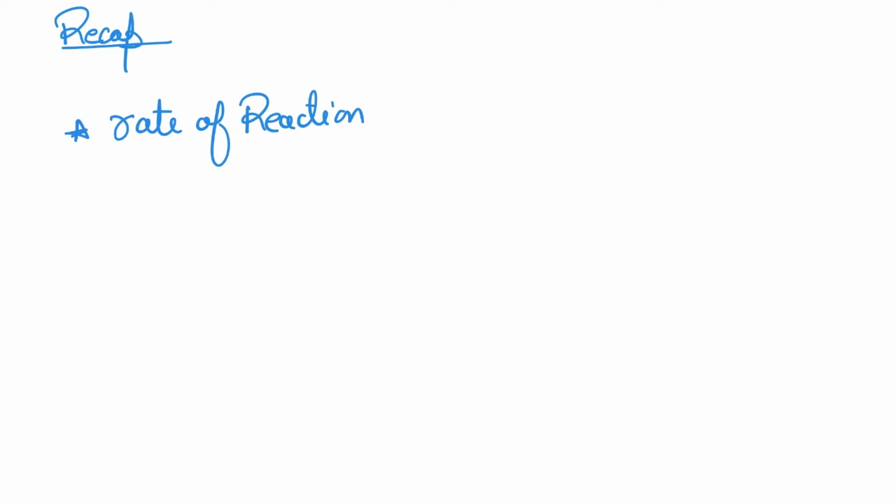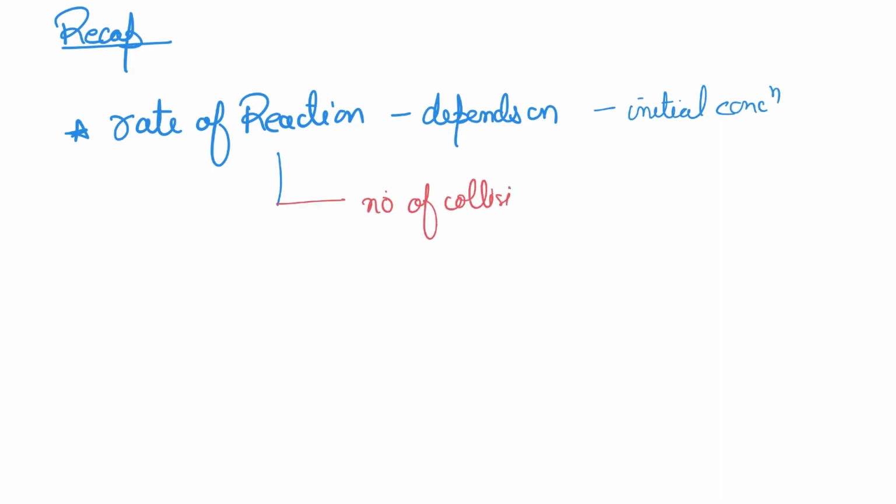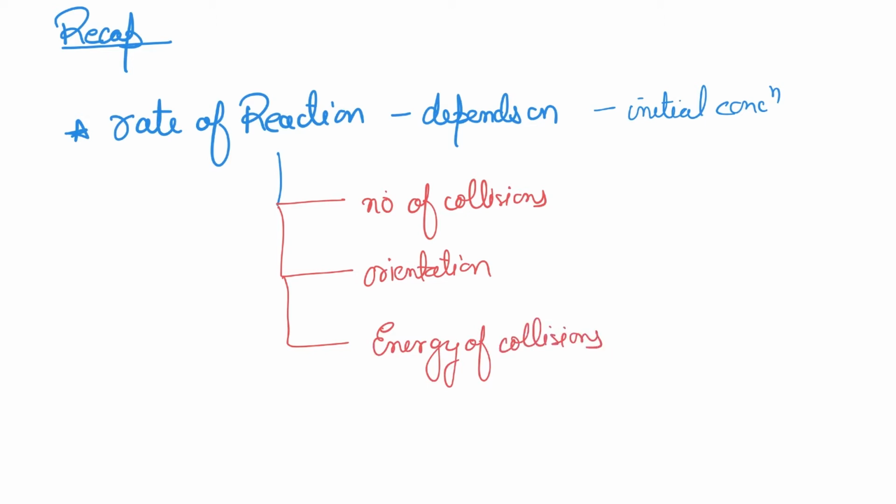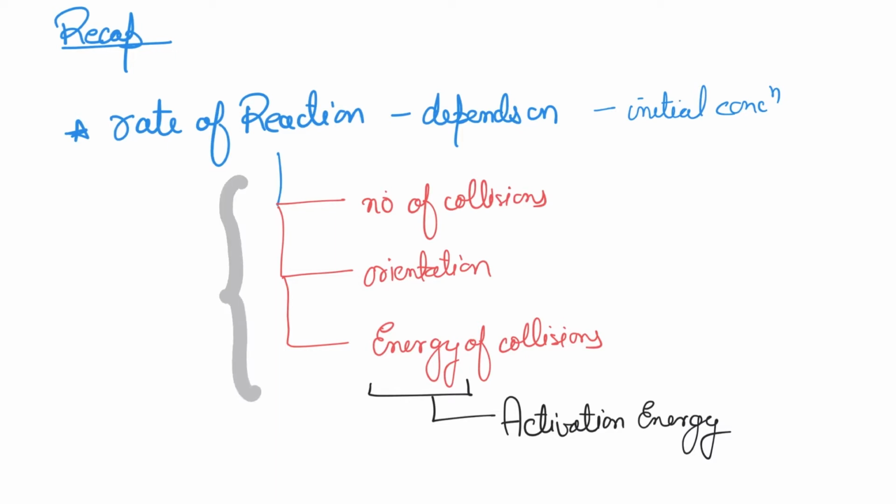A quick recap is necessary here that in the last video we talked about how the rate of the reaction can be influenced by several factors. For example, the initial rate of the reactants. We also said that the rate depends upon the collisions. We said there should be a number of collisions, there should be the quality of these collisions. For example, we said they should be happening in proper orientation. We also said they should carry an energy, and we defined this as EA, or the activation energy. And also we said that all of these factors, the collisions, the orientation, the EA, can be influenced by temperature,